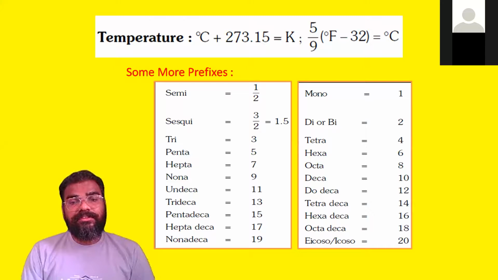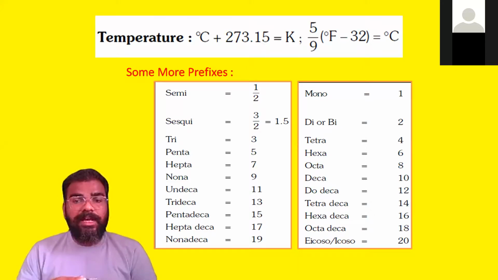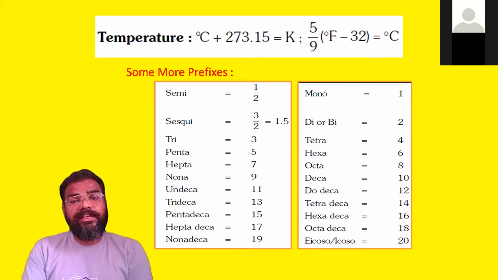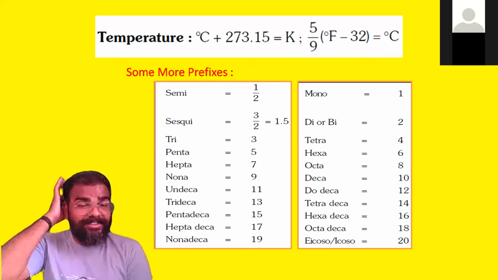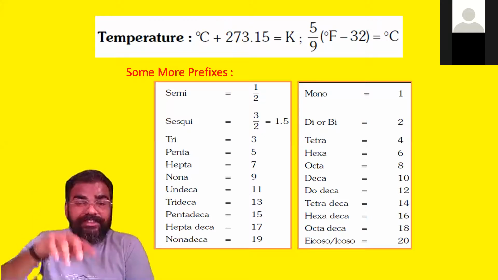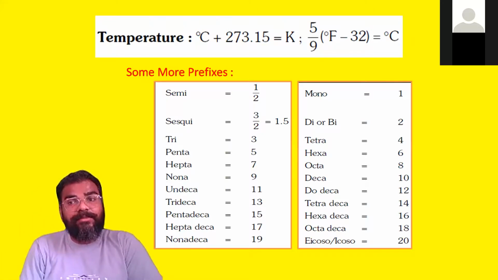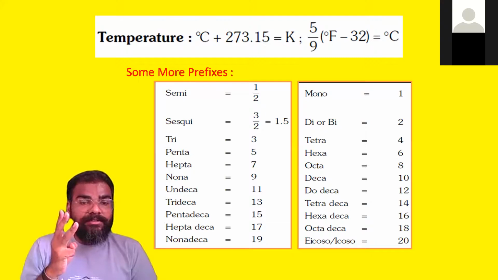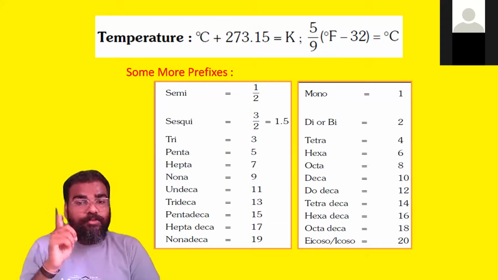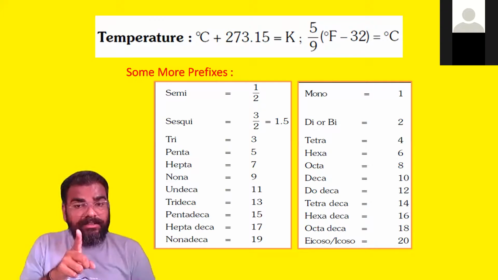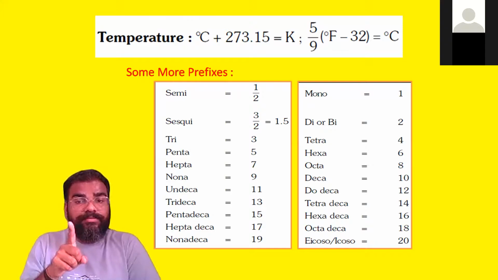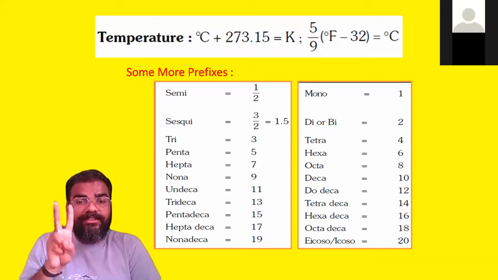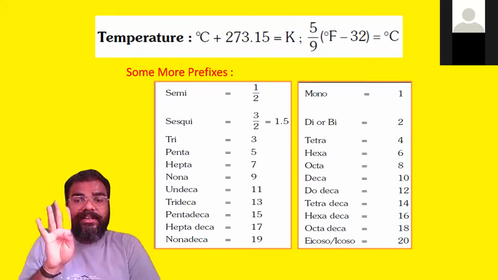सम मोर प्रीफिक्सेस, ये आप लोगों में से कुछ बच्चों को पता भी होगा, ठीक है। उसकी बात करेंगे, सेमी के लिए 1/2, सेस्क्वी के लिए 3/2 दैट इज 1.5, ठीक है। कभी कोई बंदा कुछ ज्यादा काम करे तो डेढ़ होशियार हम बोलते हैं, तो उसके लिए सेस्क्वी इज यूज्ड दैट इज 1.5, 3/2। ट्राई के लिए 3, ओके। देन टेट्रा के लिए 4, मोनो के लिए देखो 1, सबसे पहले सेमी आधा, मोनो के लिए 1, ओके। सेस्क्वी के लिए डेढ़ 1.5, ओके। देन डाई और बाई के लिए 2, ट्राई के लिए 3, ओके, टेट्रा के लिए 4, पेंटा